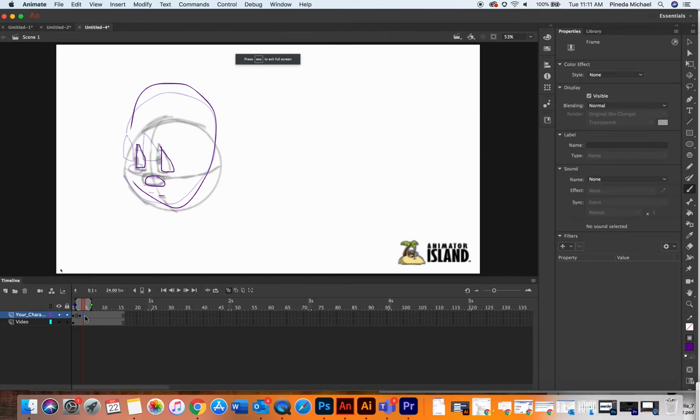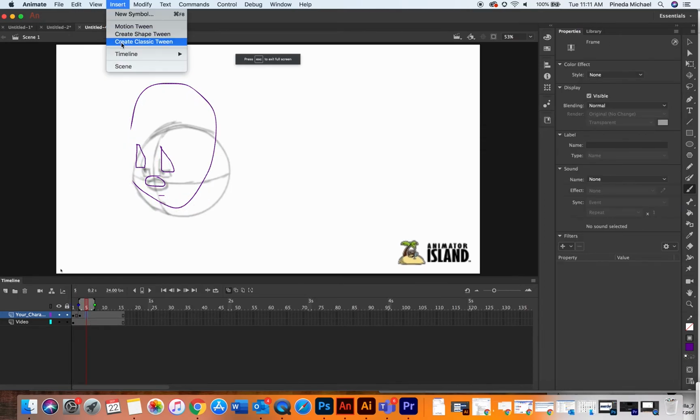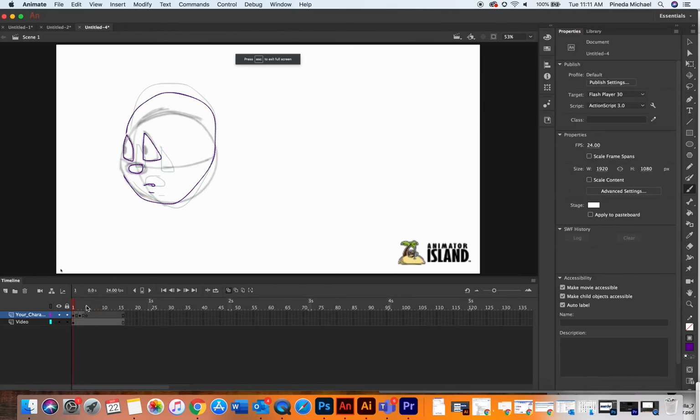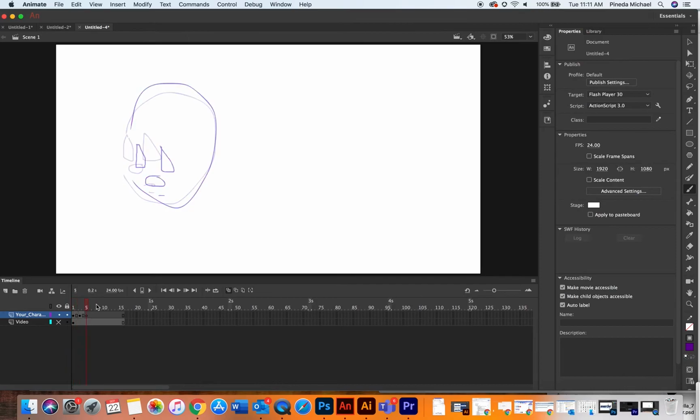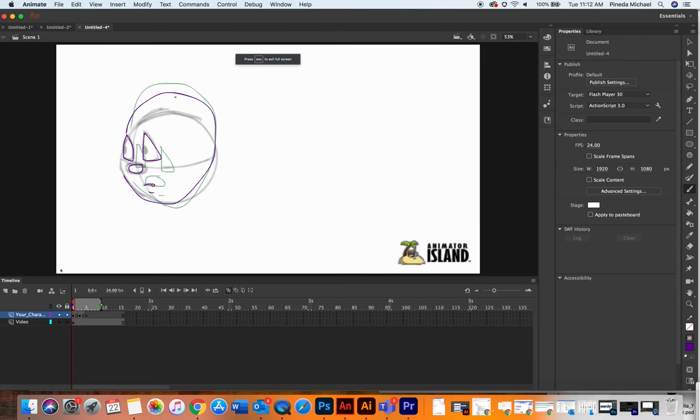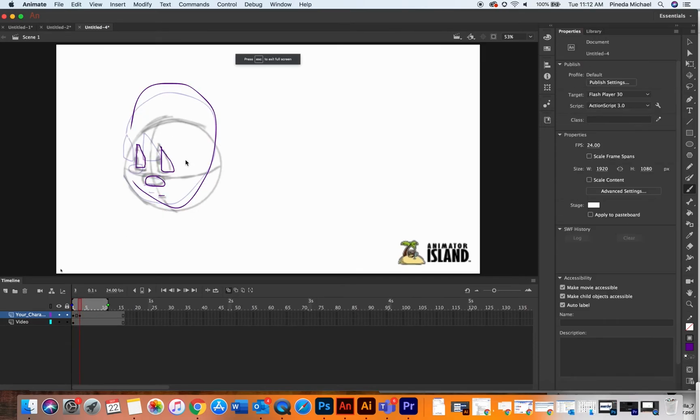Then skip 2, insert timeline, blank keyframe. Let's extend out our onion skinning so I can see my first 2 layers. So then you can see how the animation is happening. If I want to turn off my template, I can zip through my animation to see how smooth it is. Notice that the head shape is like mashed potatoes here, and it's changing. That's not good, right? So if you don't feel comfortable changing the dimensions of the face, I would strongly suggest